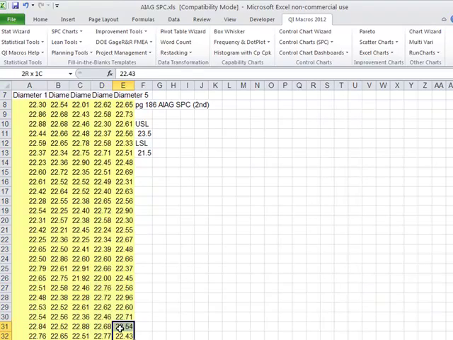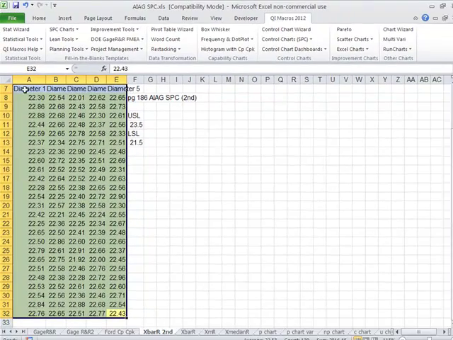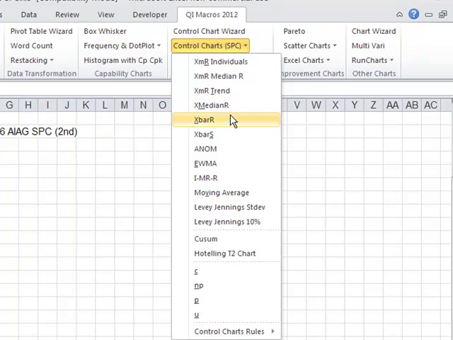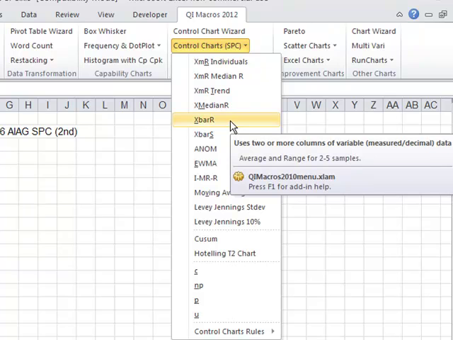So all you have to do is select the data, and I usually select from the bottom up. And you can click on our pull-down menu, and if you know what you're doing, you can choose a control chart like the X bar R chart, and if you're not sure, you can always choose the control chart wizard. I'm going to choose the X bar R chart,